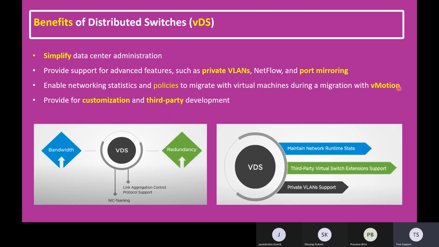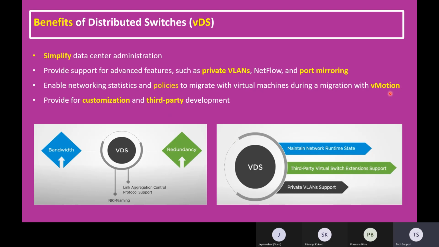Normally, vMotion means it's a live migration, moving the virtual machine from one ESXi host to another ESXi host. If you want to migrate a live virtual machine from one host to another host, the main condition of the vMotion feature is that we require a shared storage. Shared storage means you can use FC SAN, vSAN, or virtual volumes. But this point is saying: enable network statistics and policies to migrate a virtual machine during a migration